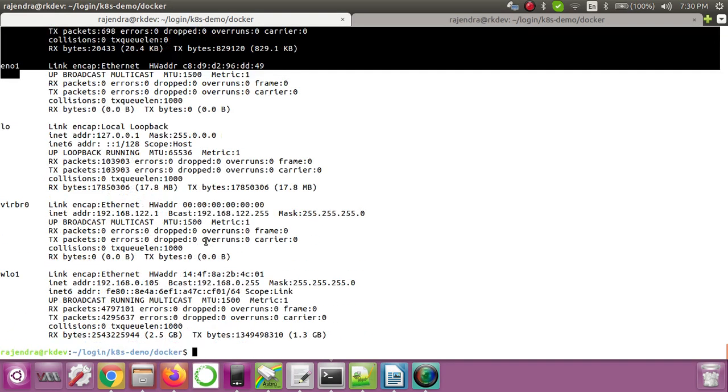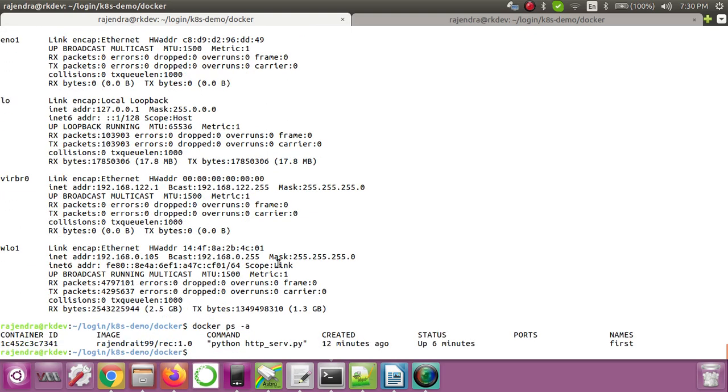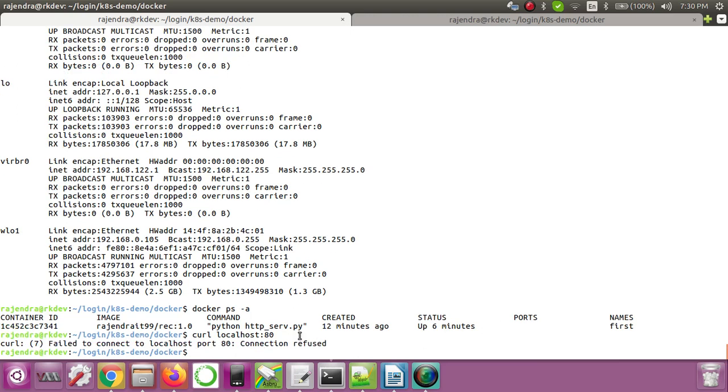Even so, the container will be running. Nothing happened, the container is up and running, but now it's an isolated container. It is not connected to any bridge, so you will not be able to connect to that container. If I just try to use curl localhost, trying to connect to that application, it will not be accessible. You can see that the connection is refused.